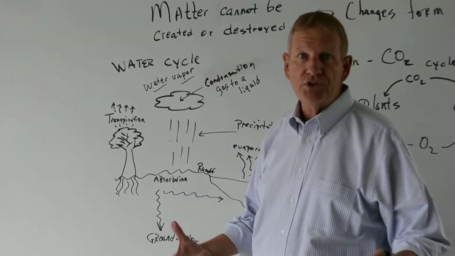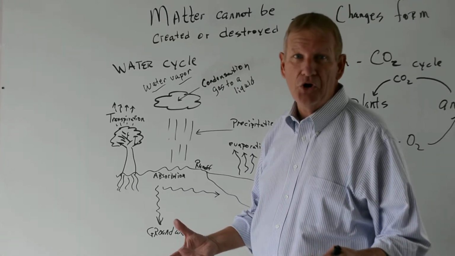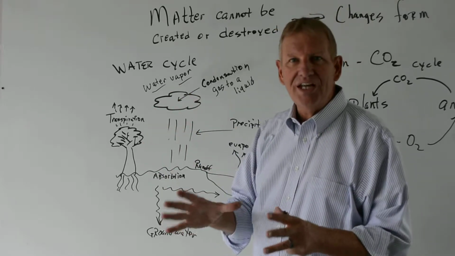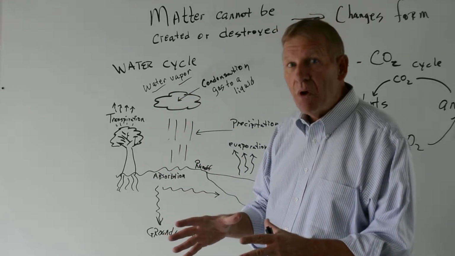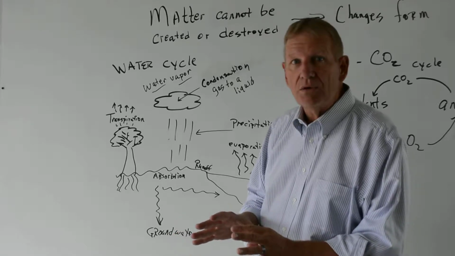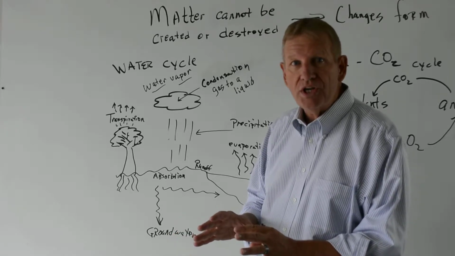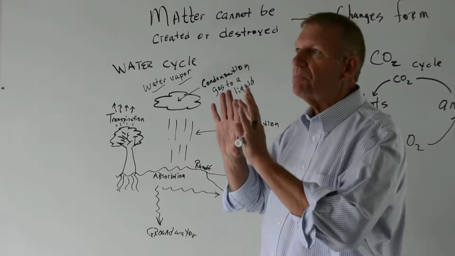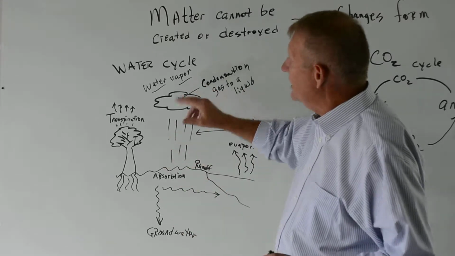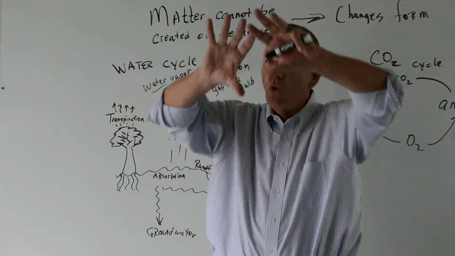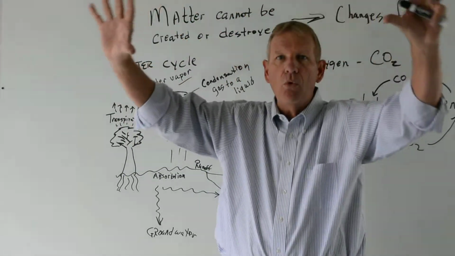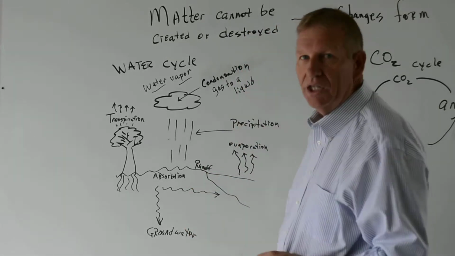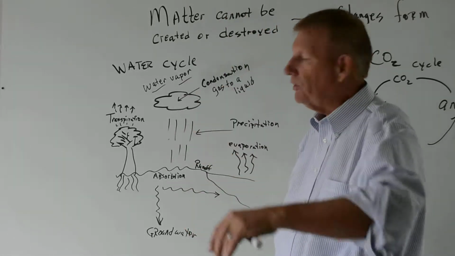If it says 100% humidity, does that mean we're at the bottom of the ocean? No, it means that the water vapor capacity in the air is at 100, which might mean about 0.02%. So if we say it's 100% humidity, the chances are it's probably raining, because the air can't handle any more water gas, so it has to turn to a liquid, because it can only hold so much.